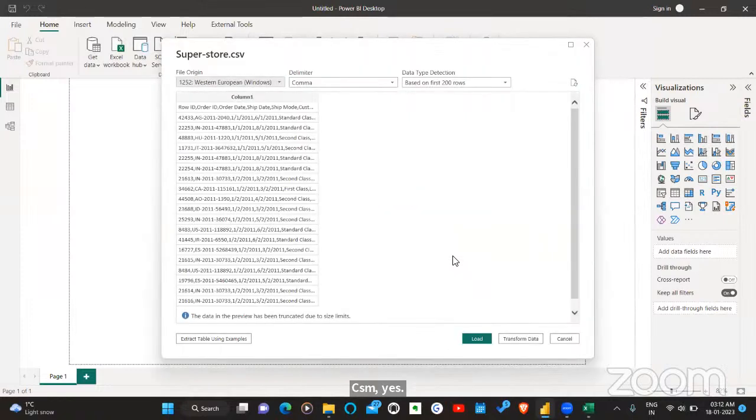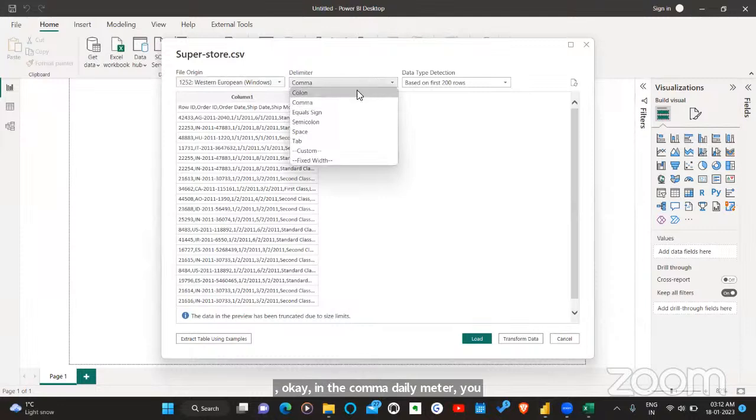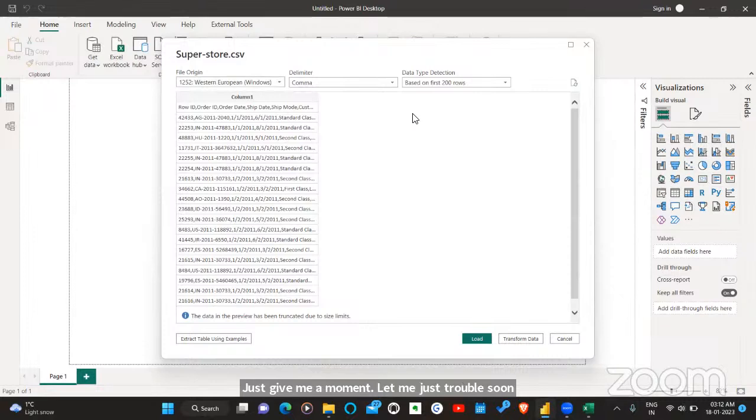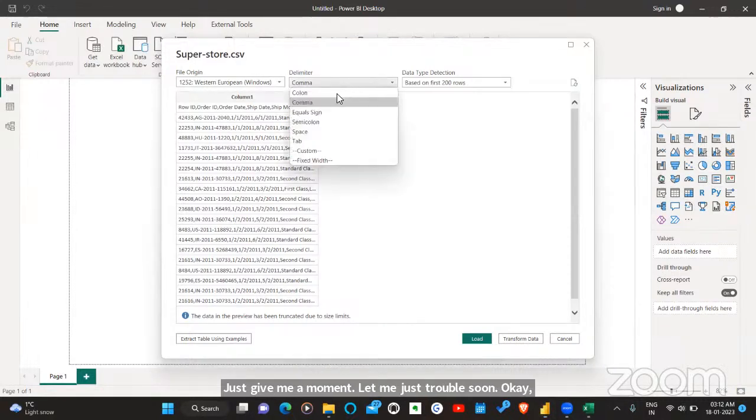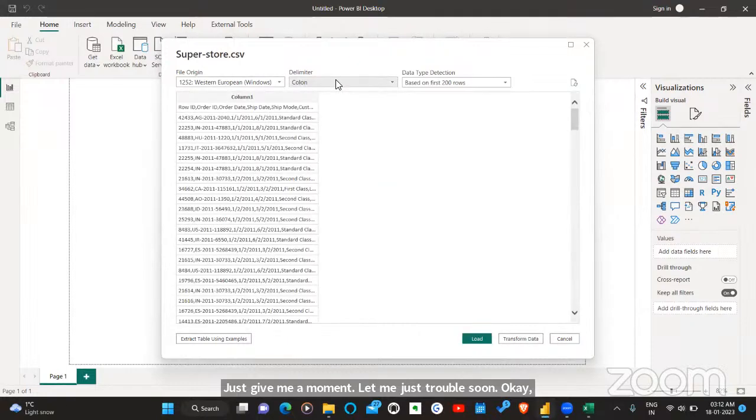In the delimiter, you say comma, based on the first 2000 rows. Okay, you put comma as a delimiter. Let me just troubleshoot. Select some other delimiter, like colon, and again give comma.